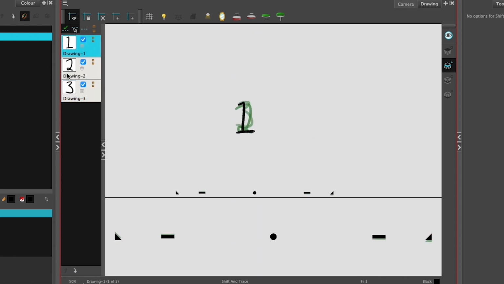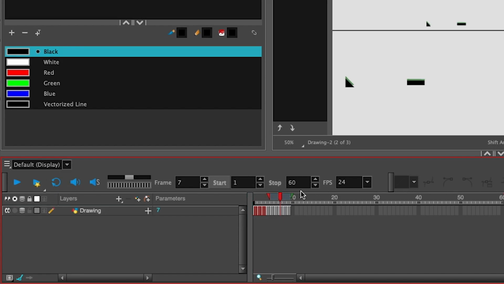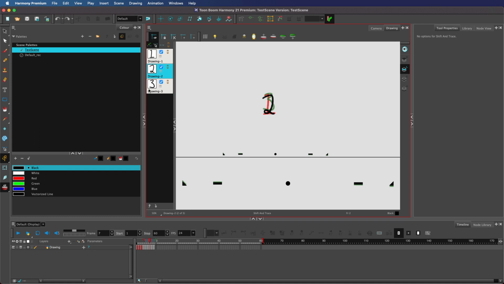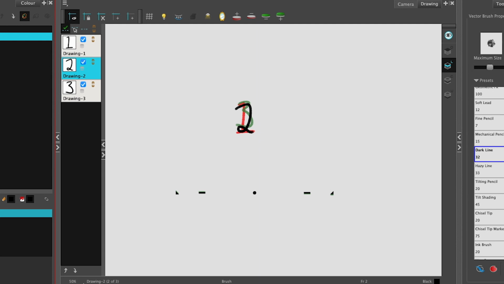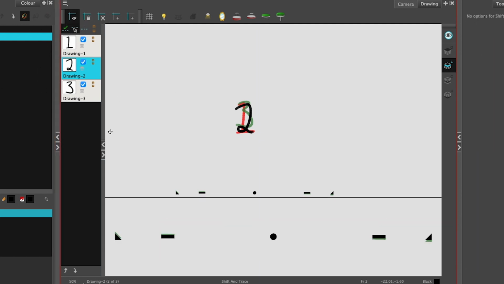To be able to shift any drawing, click on the drawing within the drawing desk. This selects it as the drawing you want to do stuff to. You'll see the frame that I'm on within the timeline doesn't matter. It specifically refers to the drawing that I'm on within the drawing desk. This includes any of your other tools. This overrides the frame that you're currently editing. To be able to shift a drawing, ensure this checkbox is enabled. If this is disabled, it will return to its original position and it also won't let you shift it.